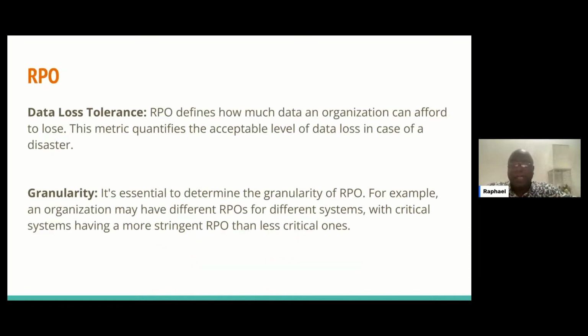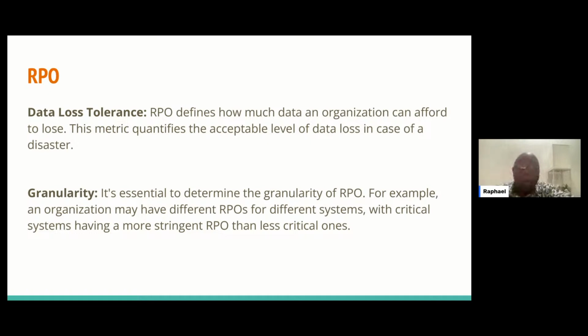So let's move ahead and see what other surprises we have for this lecture. Firstly, let's look at RPO, recovery point objective. As a cloud practitioner, or a cloud engineer, or a DevOps engineer, you need to know how much data you're willing to lose. I remember, I think it was about 2 years ago,